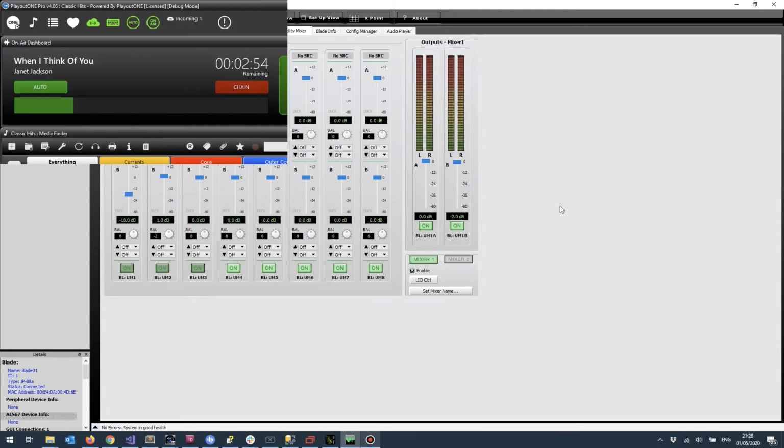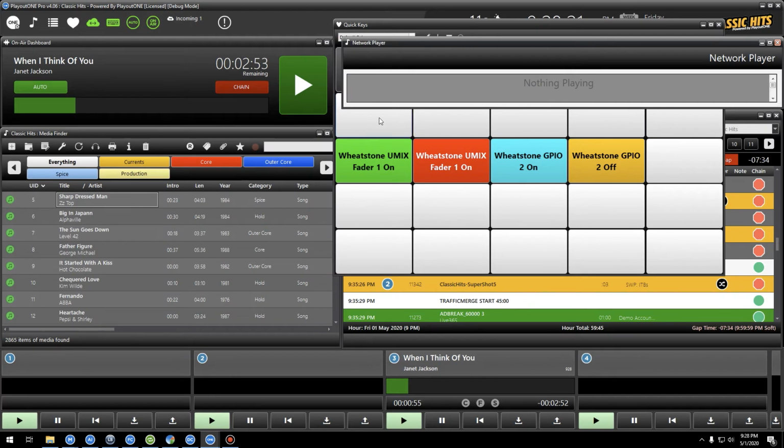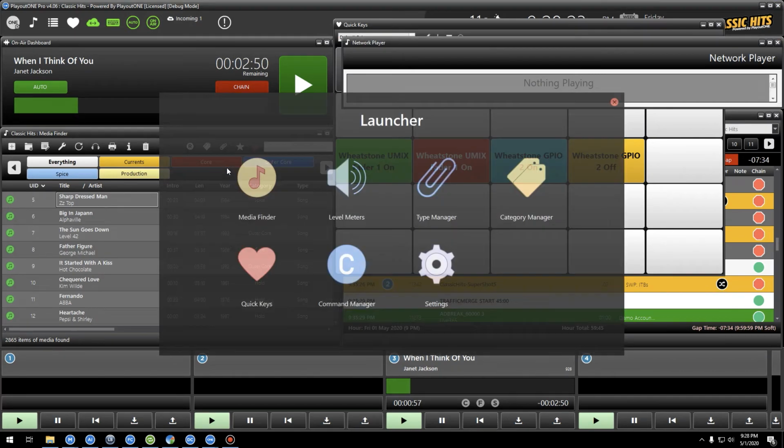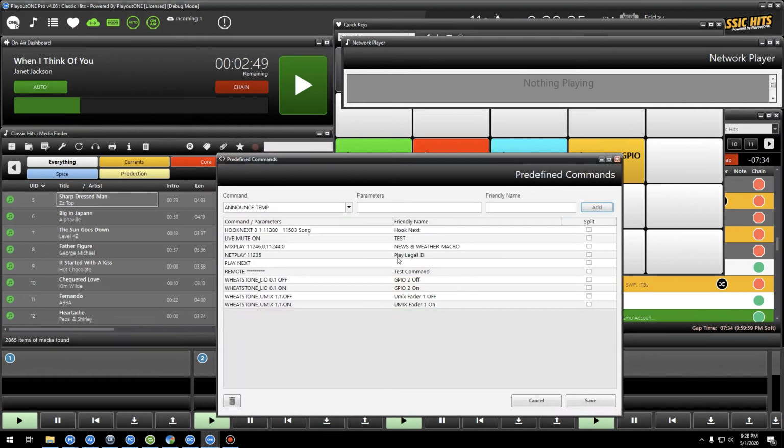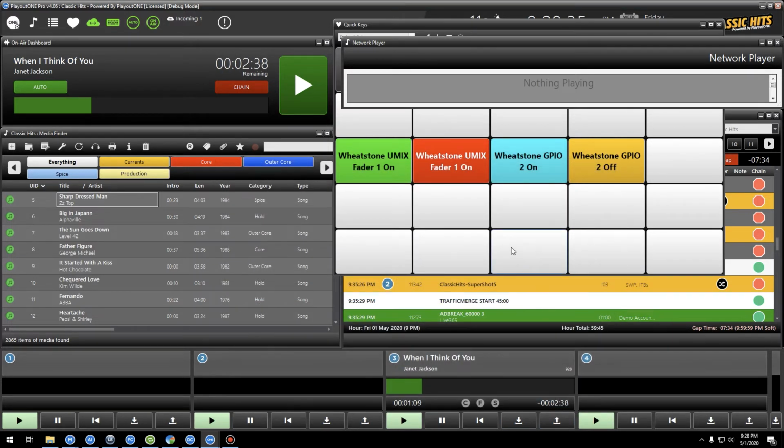So what we've done is we've configured the command in PlayoutONE. Let's just have a look at that. There it is. So utility mixer fader 1 on. It's this little command here. And there's the utility mixer fader 1 off. Beautiful. Again, don't know what they mean, but you can get all the details at help.playoutone.com to help build your